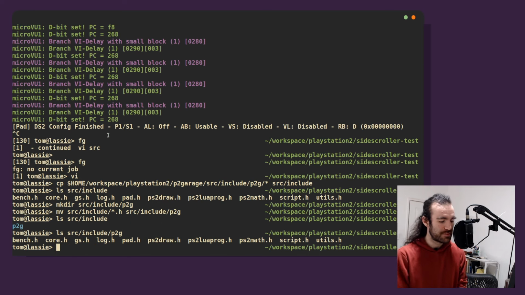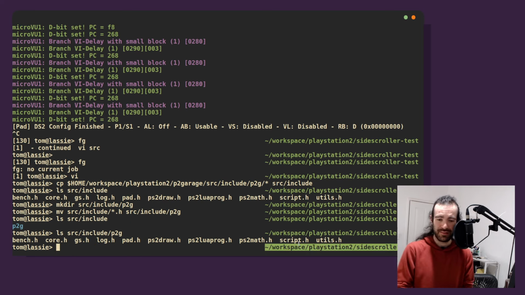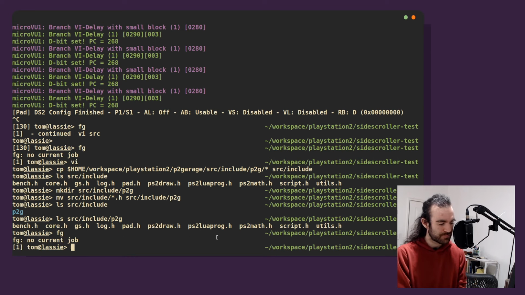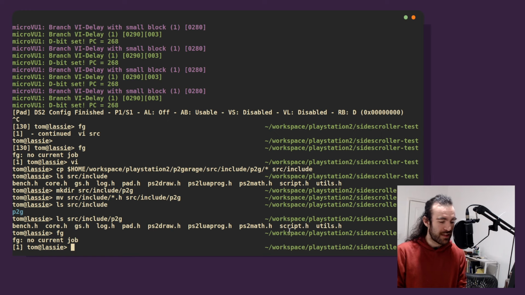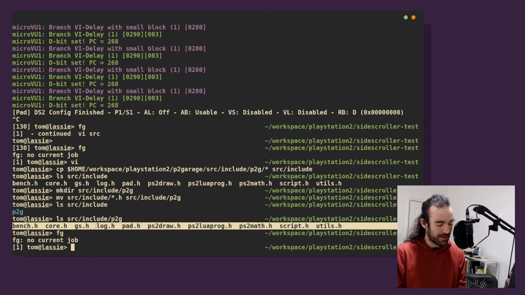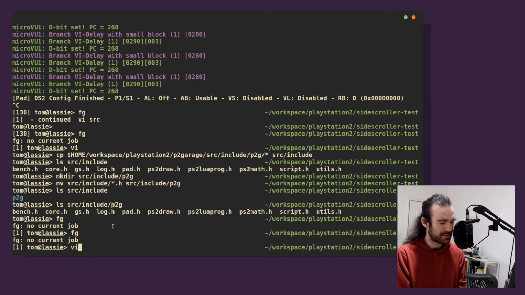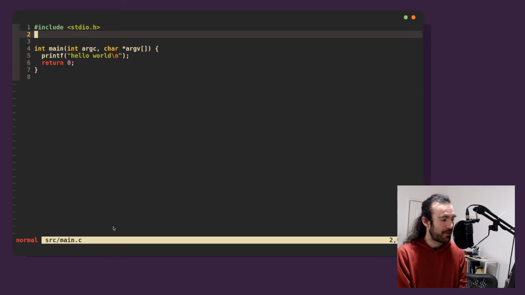Cool, this is what I want. So all of my P2G headers. Nice, we're gonna need them. These control everything. Everything from how we draw things, how we do math, how we load scripts if we do decide we want to do Lua stuff, how we interact with the graphics synthesizer for things other than drawing, just to establish our environment. Okay, so